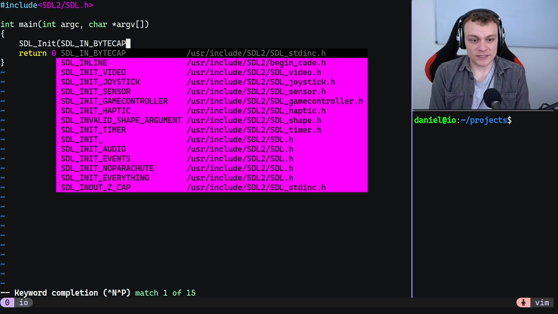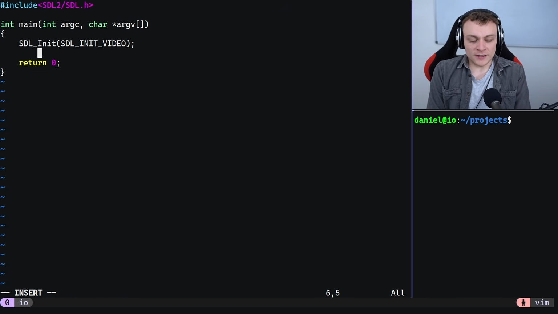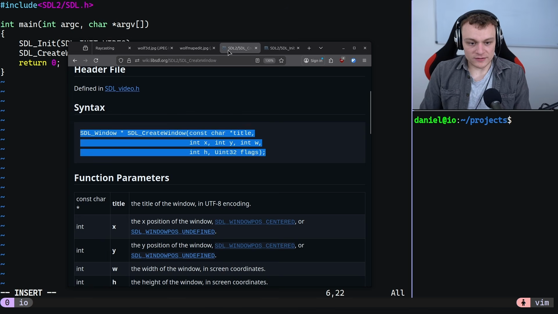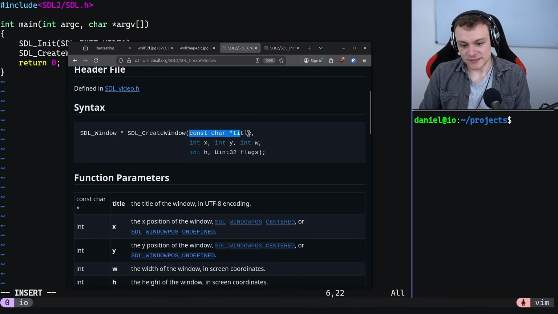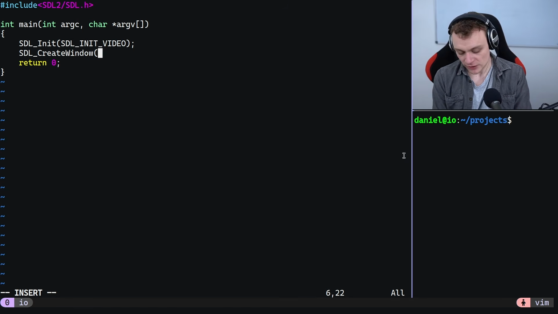SDL underscore init and then video up here. And then SDL create window, I think. SDL create window. Let's have a look at that function. And it accepts a title, X, Y, width, height, and flags. So X and Y are going to be